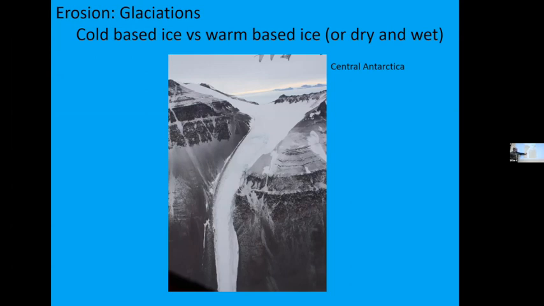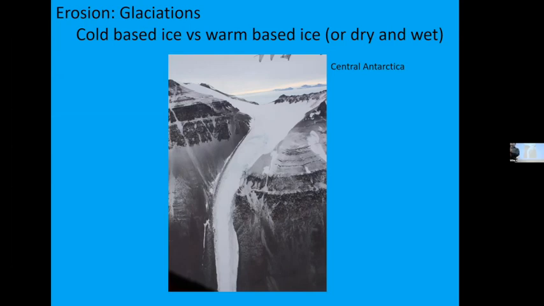But this glacier doesn't erode. It's frozen to the rock. Its bottom is not near what I was calling the pressure melting point. It's so cold that this glacier is frozen to its bed. The lingo is it's cold-based ice. That's in contrast to Patagonia, the Alps, Alaska, all these other places where glaciers fill a warm summer atmosphere, they're melting in the summer, you're getting some of that water at the bed, and so you get a lot of glacier erosion.